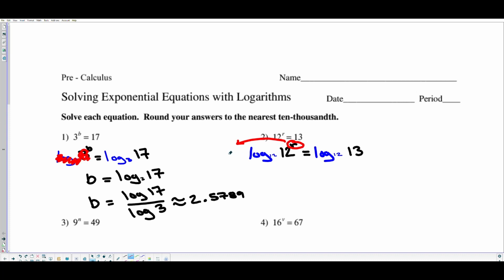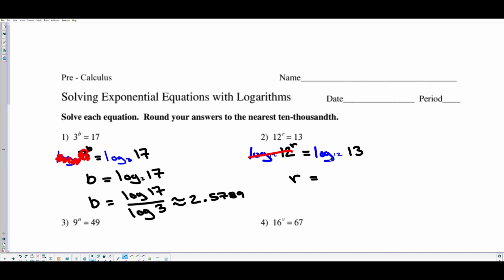So we will have r in the front, and log base 12 of 12 is actually 1. So we end up with r times 1, or in this case, we can just say these cancel out, and we end up with r equals